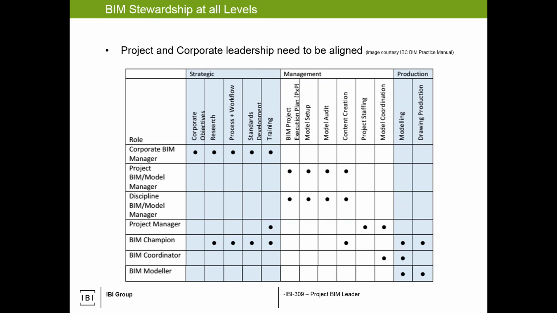Then at the project level, you need someone to manage what are the needs of the project. So we see the corporate governance. An example there is I have a Revit template. I have AutoCAD and Civil 3D templates. I have pen tables. I don't want to make all of that stuff. But then you get to the project level and the client says, when you're modeling component X, it has to look like A, B, and C and have data value X, Y, Z. Well, that's not in our corporate standard. That's a very specific piece to the project. So we have to look at that, build that, manage that, and deploy that. And that's at the project level.